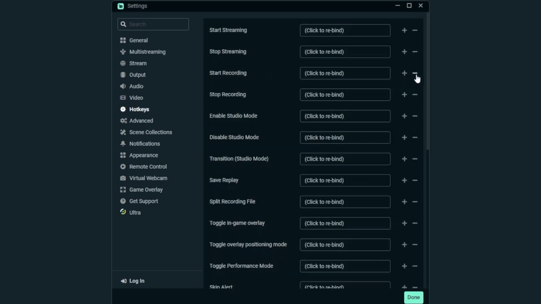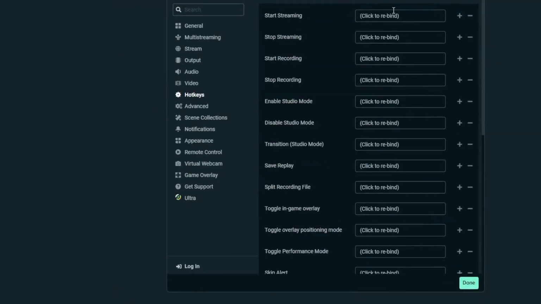Hotkeys. Here, start streaming. You can adjust this if you want. It is better always to have it set than to be on default, so you don't have to click it every time. So you can set this to a keybind you would like, for example F4, and to stop streaming on